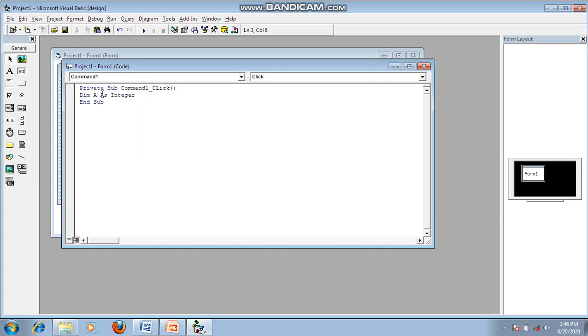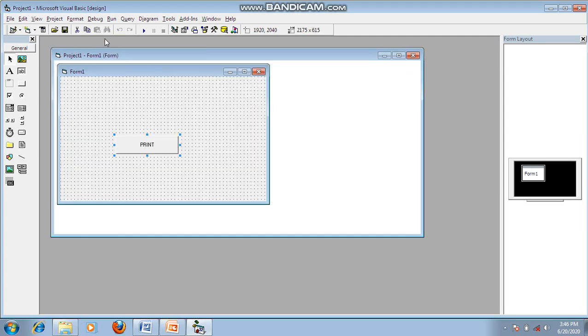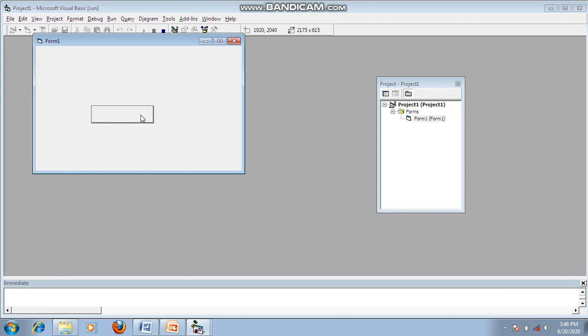Dim is a keyword. Instead of a I am giving num. Num is the name of the variable. Dim num as integer. Here I am assigning num is equals to 10, and I am displaying this num value onto the form. Close this one and run the form. Just click here. So the 10 is displayed here.